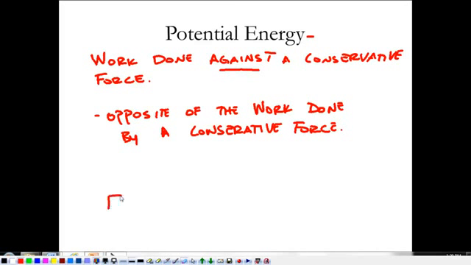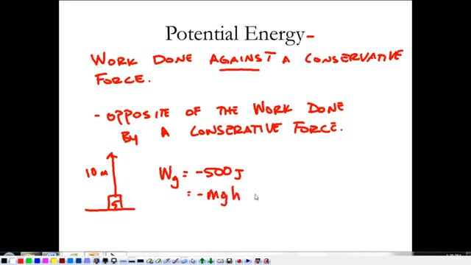So, same situation. Lift my 5 kilogram mass up by 10 meters. The work done by gravity here, we said, was negative 500, which was negative weight, mg, times my height. Well, my potential energy is the opposite of that. Gravitational potential energy is the opposite of the work done by gravity. So in this case, it's going to be